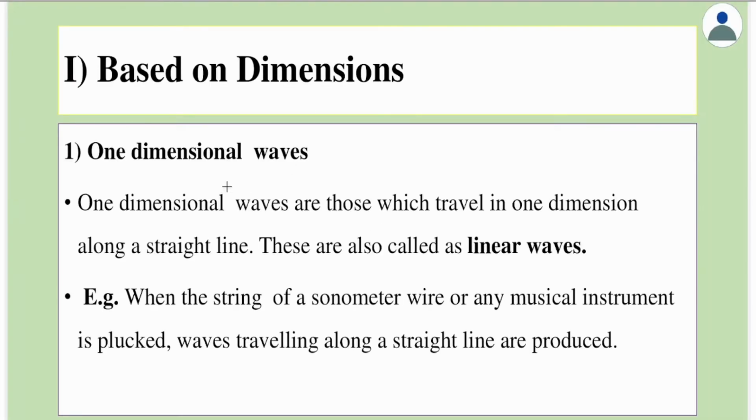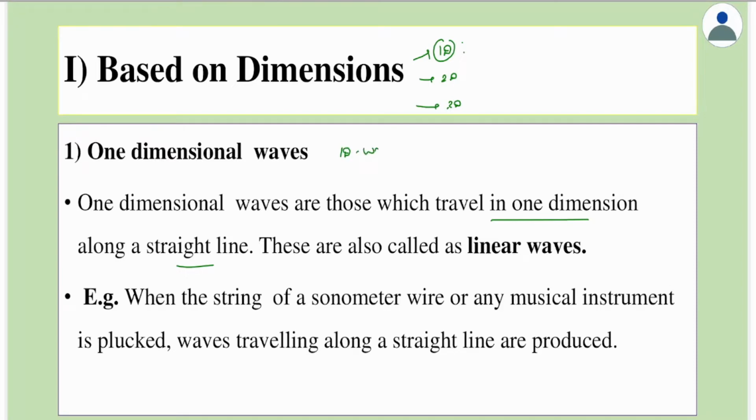The first type is based on dimensions. Now, based on dimensions, there are three categories called one-dimensional waves, two-dimensional waves, and then three-dimensional waves. As the name tells us, one-dimensional waves are waves which travel in one dimension or along a straight line. Now, one dimension basically means a straight line motion only. So, if the waves travel only along one dimension, then those are called one-dimensional waves, or in short,